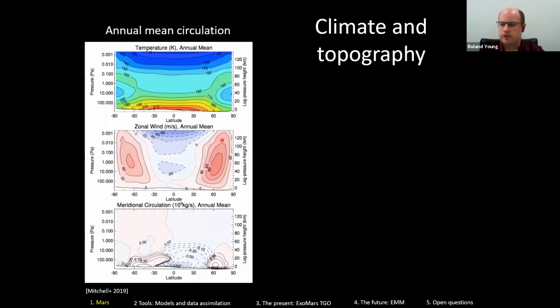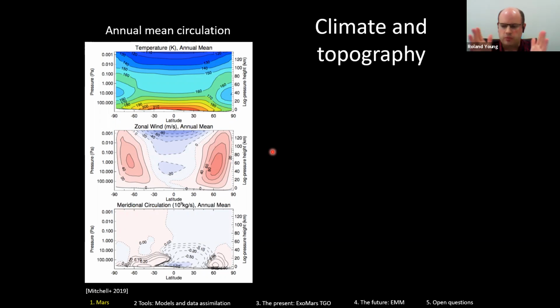The middle plot shows what's called the zonal wind. That's the west to east wind speed. Red means the wind is moving from west to east, and blue means it's moving from east to west. And the bottom plot shows what's called the meridional circulation,